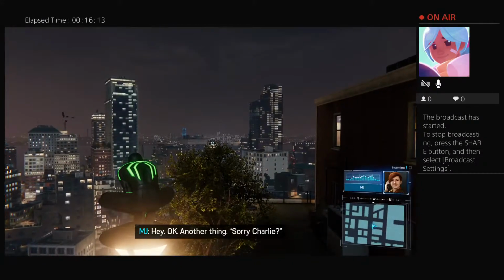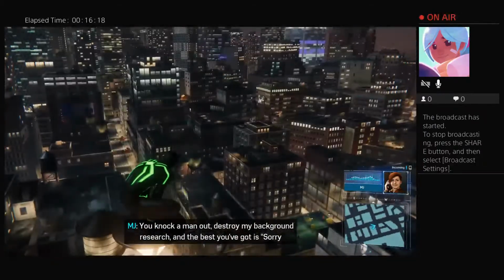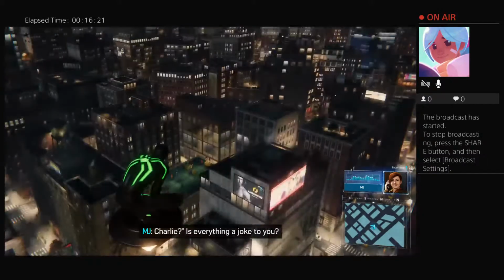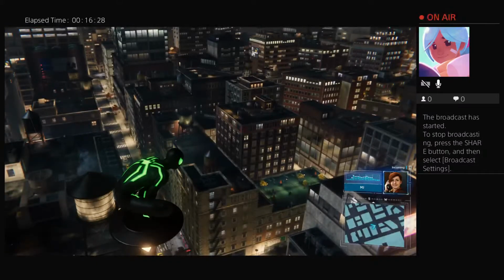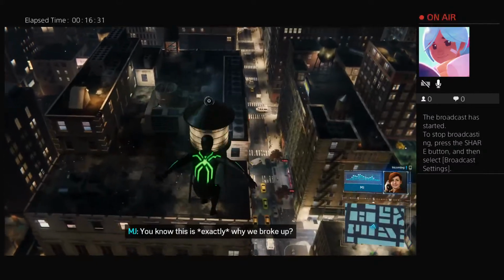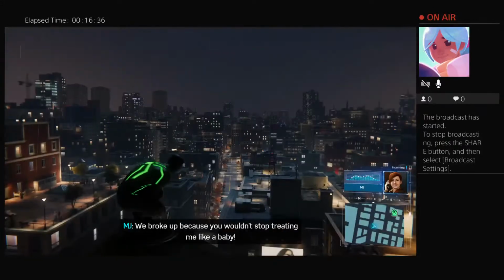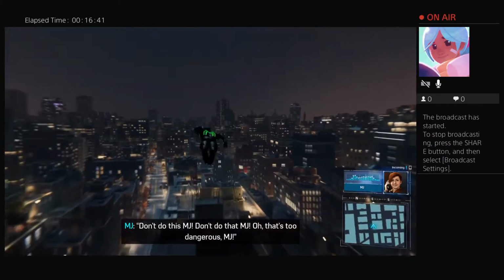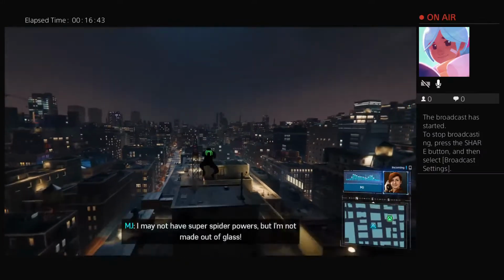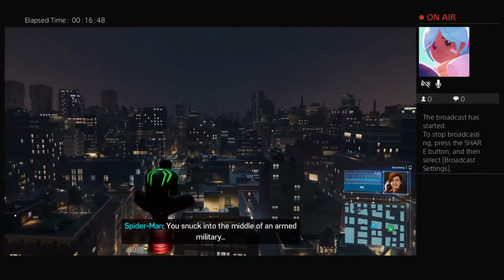Hey, okay, another thing. Sorry, Charlie. You knock a man out, destroy my background research, and the best you got is sorry, Charlie? Is everything a joke to you? What? MJ? No, I screwed up. It was a tension breaker. Tension breaker, right. You know, this is exactly why we broke up. I thought we broke up so you could focus on your career. We broke up because you wouldn't stop treating me like a baby. Don't do this, MJ. Don't do that, MJ. Oh, that's too dangerous, MJ. I may not have super spider powers, but I'm not made out of glass. You snuck into the middle of an armed military...